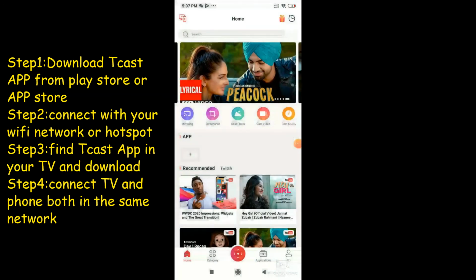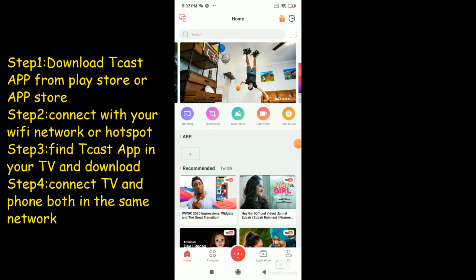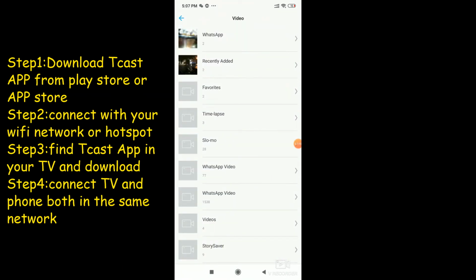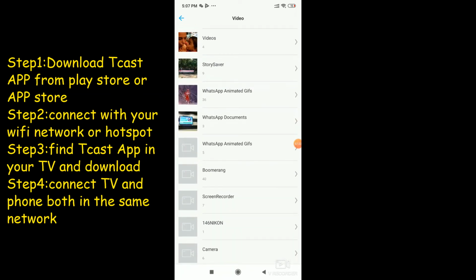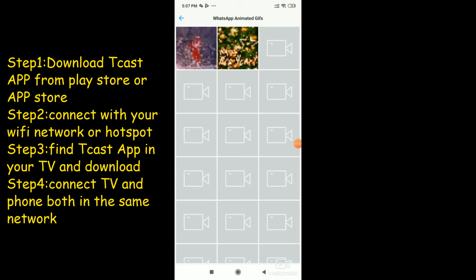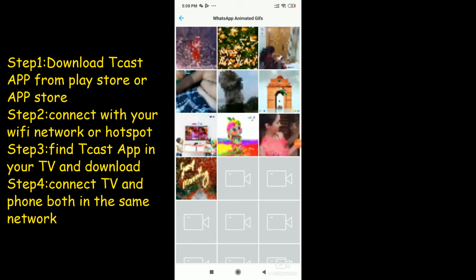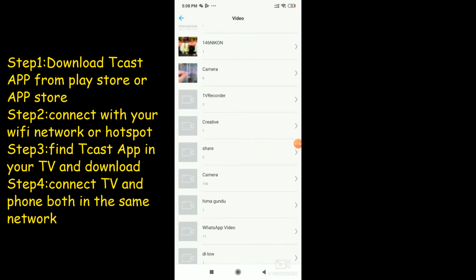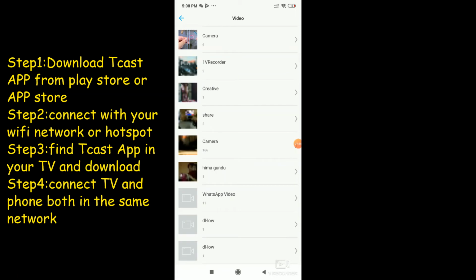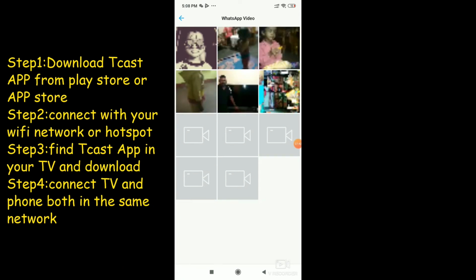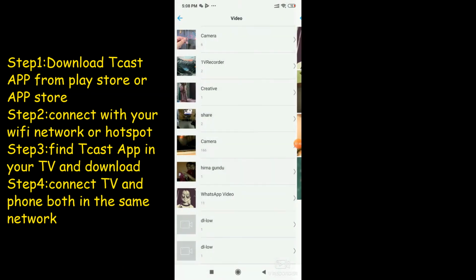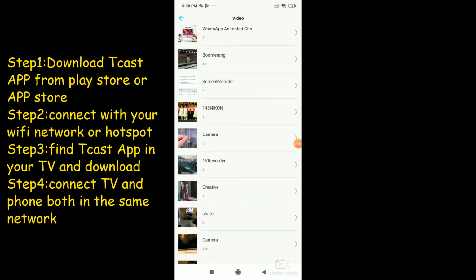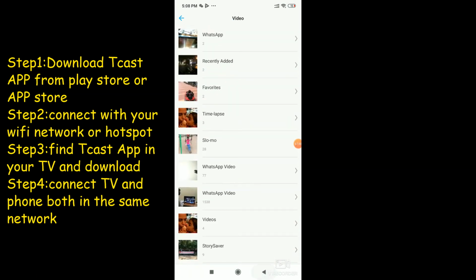The same thing applies to cast video also. Just click cast video and select which video you need to play on the screen. Only that video will play. Same thing with music also.